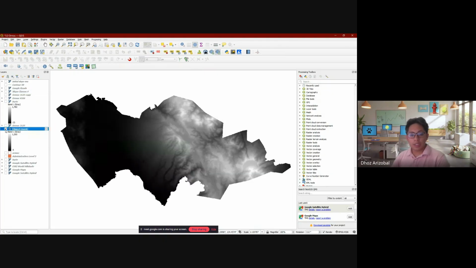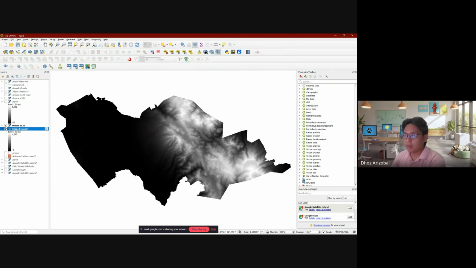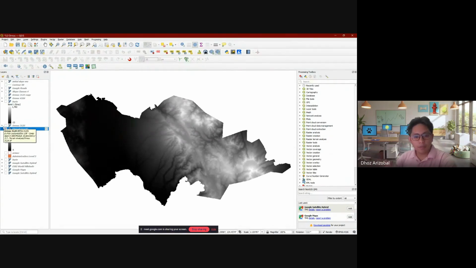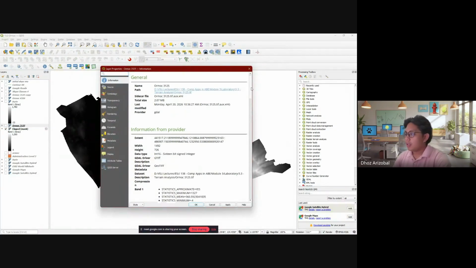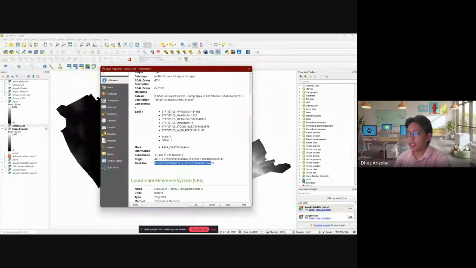So they will look different because you've changed your projection. Those are just color representations. The data would still be the same. Now, if you look at the information of the 3125, it's now in 30 by 30. That means the DEM, 1 pixel size is equivalent to 30 meters on the ground. So on average, this is your standard dataset that you can download for free easily.